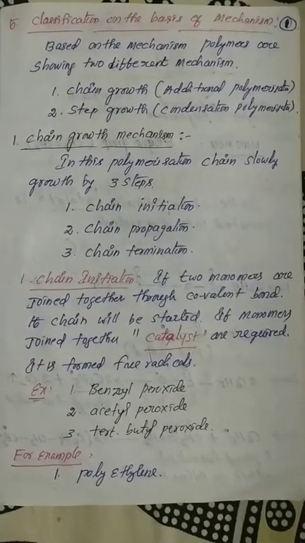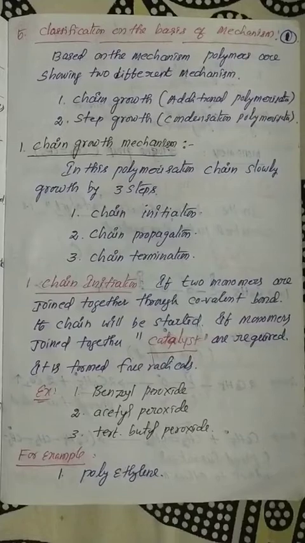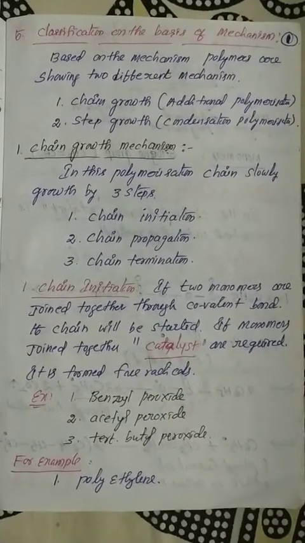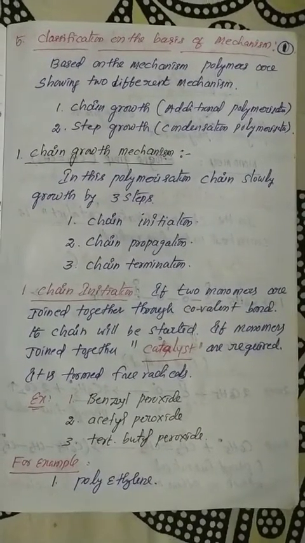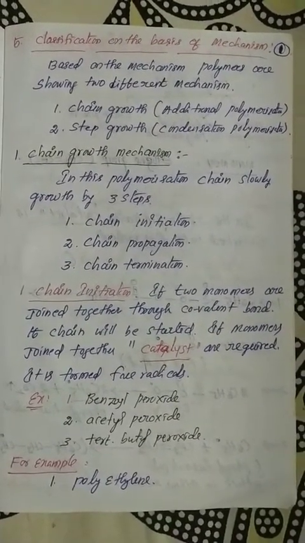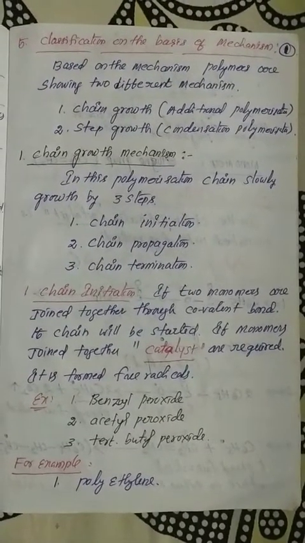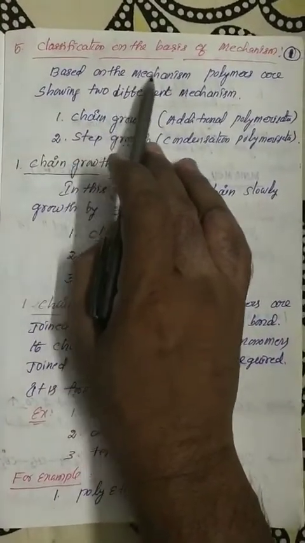Good morning to all. Already in my previous session, I completed four types of classification. Number one is the basis of sources of origin. Number two is the structure. Number three is the synthesis. Number four is the molecular forces. Now we are going to start the last and final classification of the polymers, that is called classification on the basis